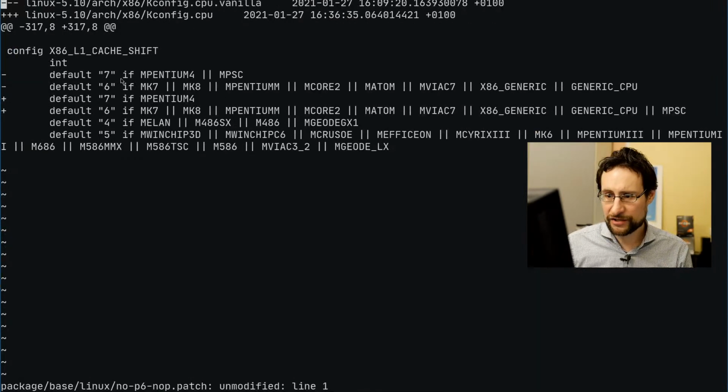And this cache shift here, I just patched this in T2 for not using it. I just removed Prescott here. Pentium 4, I think you can't even select Pentium 4 for 64-bit.